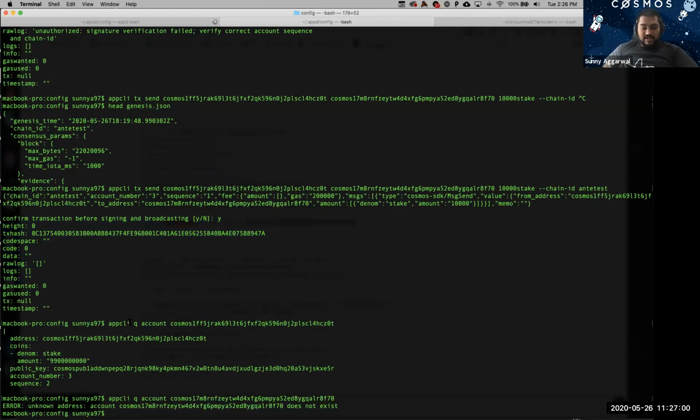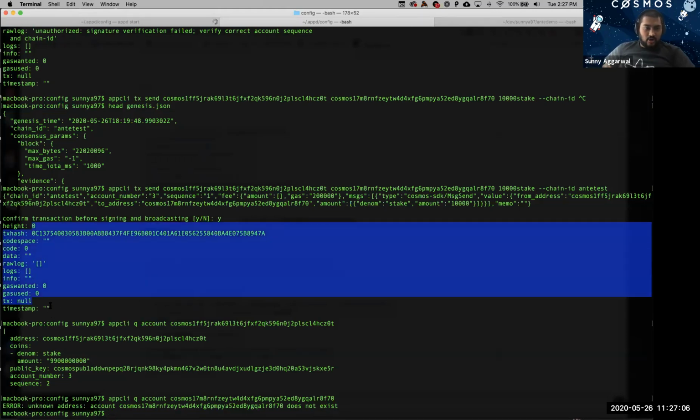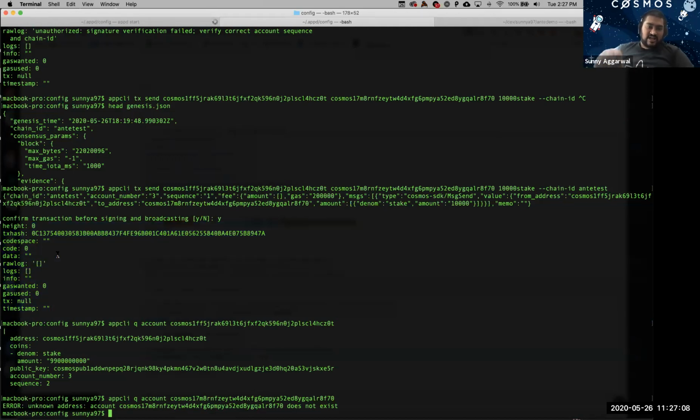So it's not going to fail check-TX, right? Because if it goes to the router, it doesn't check the router in check-TX. The fact that it's saying nothing wrong here is just saying it successfully made the transaction on chain, but we can actually go ahead and query this transaction itself. We can say app CLI query transaction and